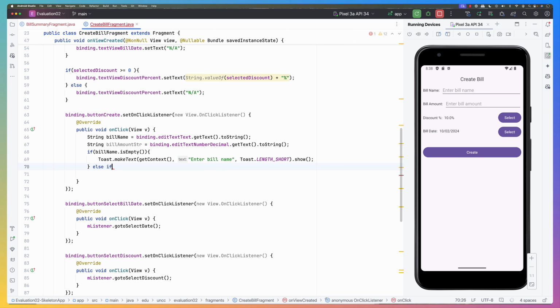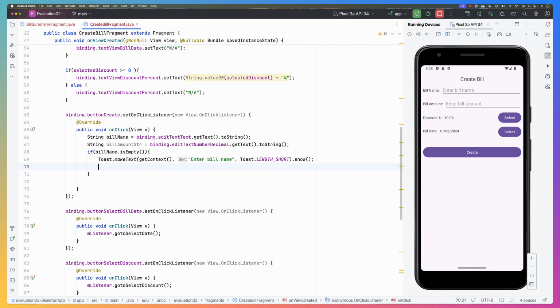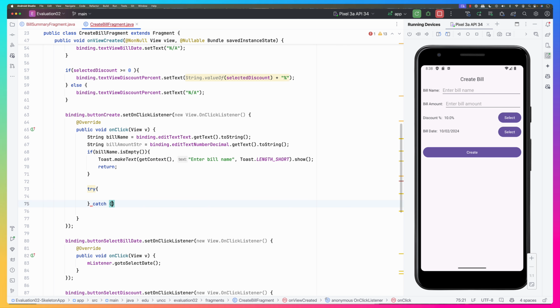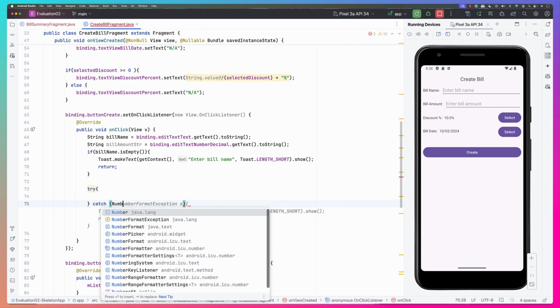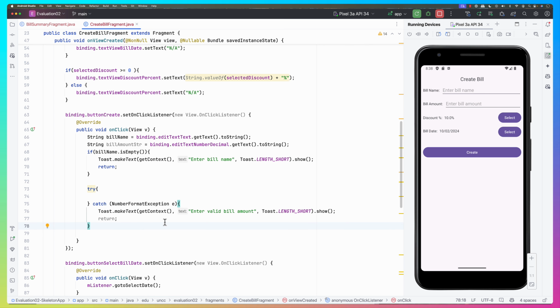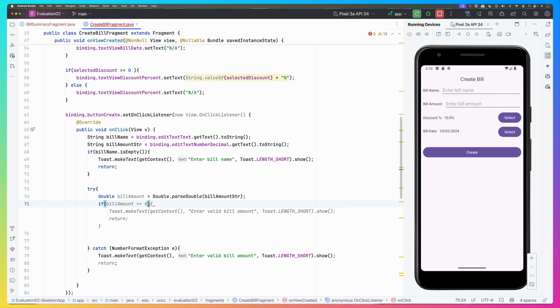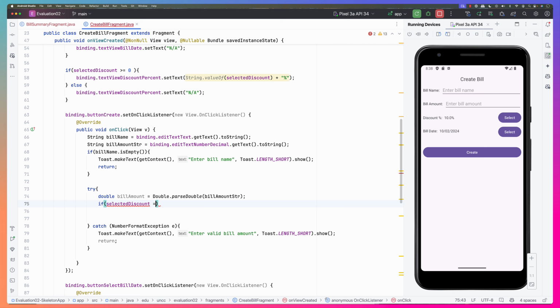Okay, else if, then what I'm going to do, and basically I'm going to return. Okay, now I'm going to try catch on catch number format exception, and I'm going to say enter a valid bill, and then here I'm going to do double bill amount equals to double parse the bill amount. We did that, and then we check to see if selected the discount is less than 0, is equal to -1, right? Then